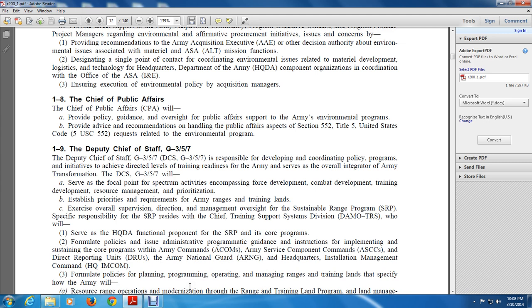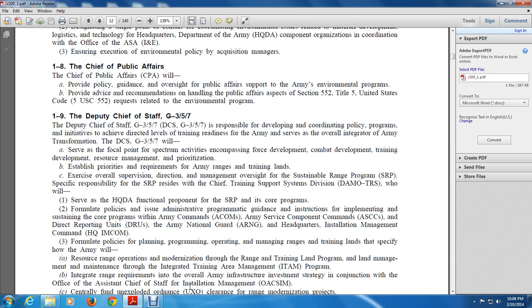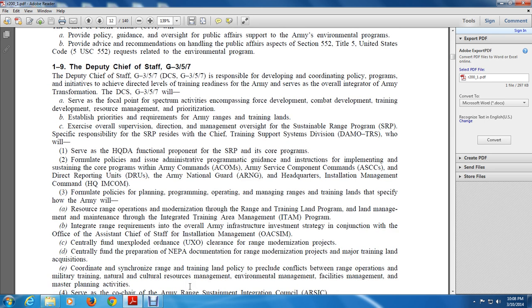Formulate policies, planning, programming, operating, and managing ranges and training lands, and specifically how the Army will resource operations and modernization of the range and training land program, including land management and maintenance through the Integrated Training Area Management, ITAM, program, the integrated range requirements, and overall Army infrastructure investment strategies in conjunction with the Office of the Assistant Chief of Staff for